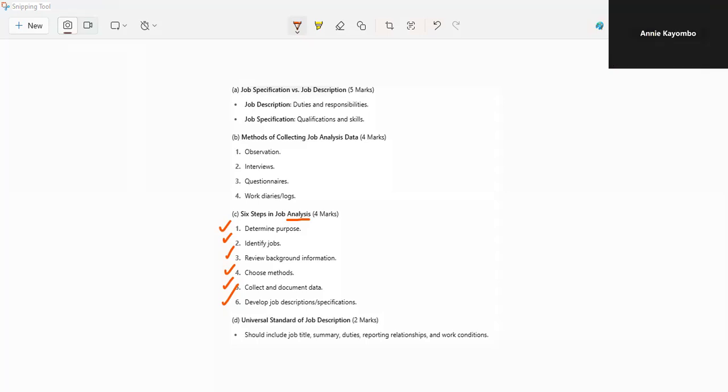Okay, not all jobs can be analyzed, or you need to be specific on which jobs you want analyzed in an organization. Could be maybe you want to, what's the best word, redesign your job descriptions by maybe adding other tasks or assignments to the role. So you identify the jobs that you want to work on.